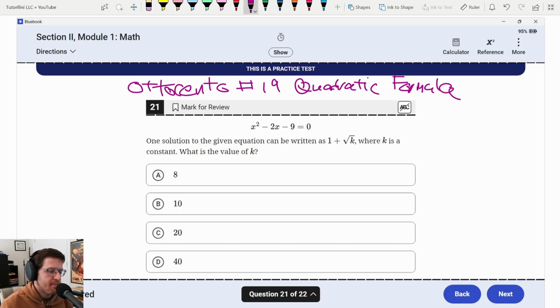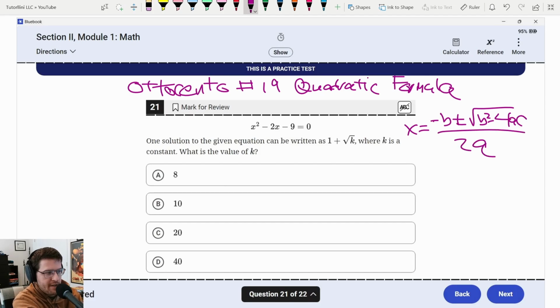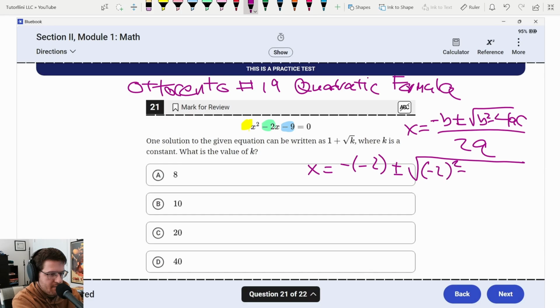Okay, question 21. I go over this in great detail in my Ototento number 19 on quadratic formula, so definitely go check that out. I know we should use quadratic formula because there's this plus square root here. I'm going to do negative b plus or minus root b squared minus 4ac all over 2a. A is 1, b is minus 2, and c is negative 9. So we're going to put that all in, and we get negative 2 plus or minus the square root of negative 2 squared minus 4 times 1 times negative 9